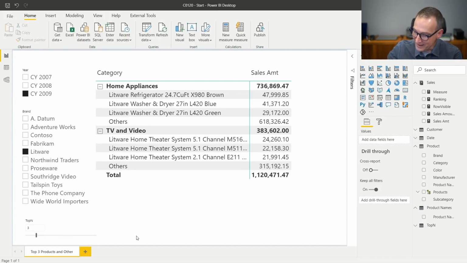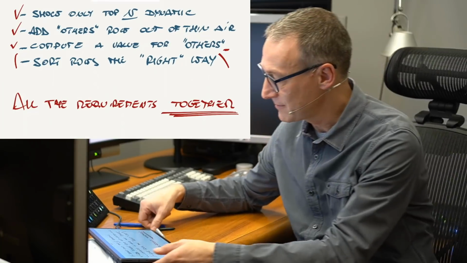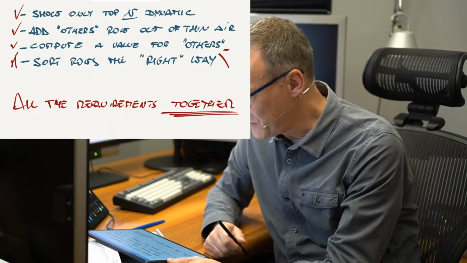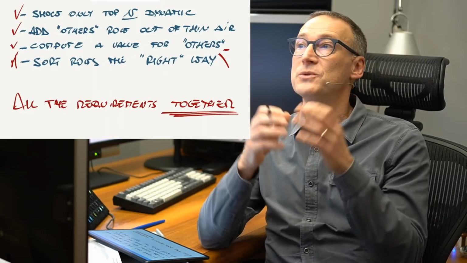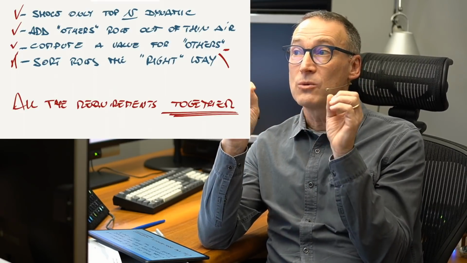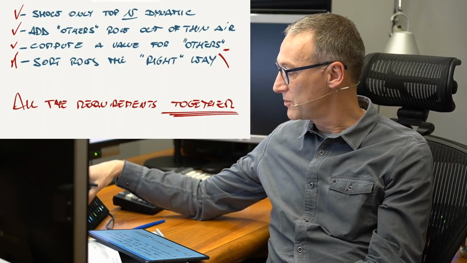So now we can go to a conclusion and say that we marked also the 4th place. So we have been able to show only the top n products, add the other rows, compute a value, and sort the rows the right way. As you have seen, quite a ton of DAX code, some mistakes here and there. And as I told you at the beginning, the code we authored together is not super optimized. If you go to sqlbi.com, you will find the article, the optimized code, and the example that you can download and use to practice. An important detail here is that writing this code is not easy.